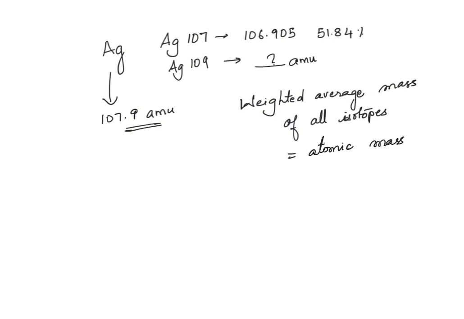So 107.9 is equal to 106.905 multiplied by